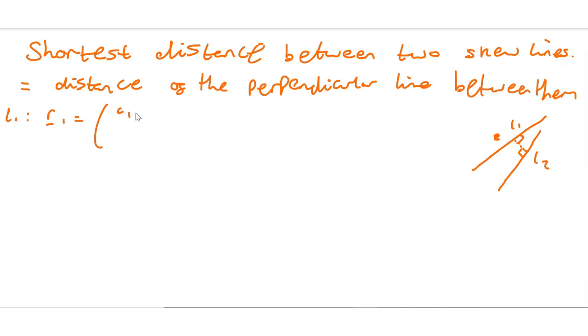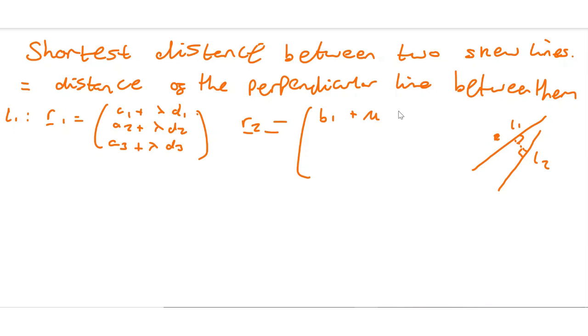We'll just say A1 plus lambda D1, A2 plus lambda D2, A3 plus lambda D3, R2, and this is quite a long method, so I'm conscious to not make this video too long, so I won't be running through an explicit example. I'm going to be giving you the general method that you can use to solve these. B3 plus mu C3,